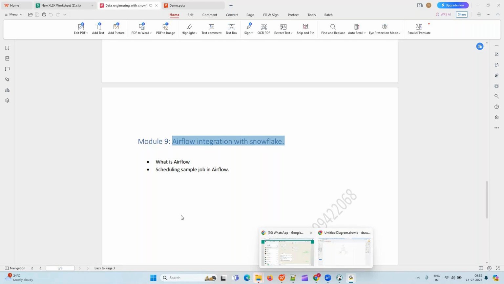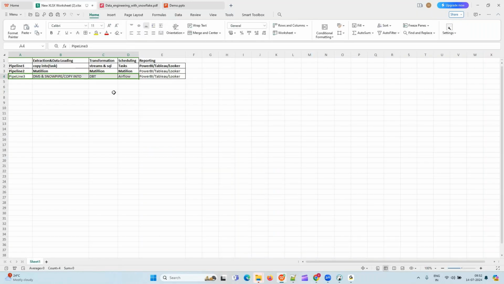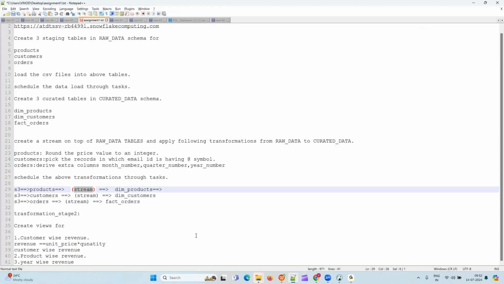Kumar, you have some question? You have raised your hand. Yes, you just mentioned that you are going to build one pipeline with Snowflake and Matillion and another pipeline with DBT and Snowflake, right? In each pipeline, are you going to cover any SCD types, or is it just one-to-one, taking the data from the source and inserting it into the target?